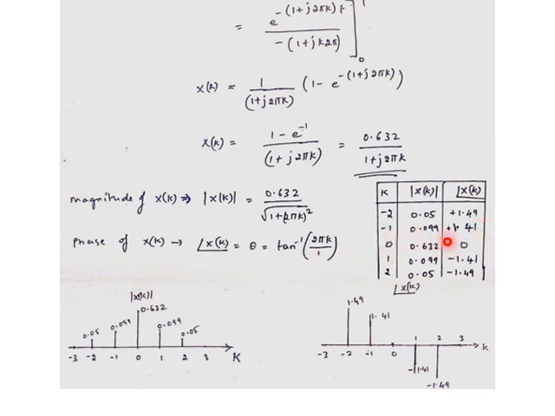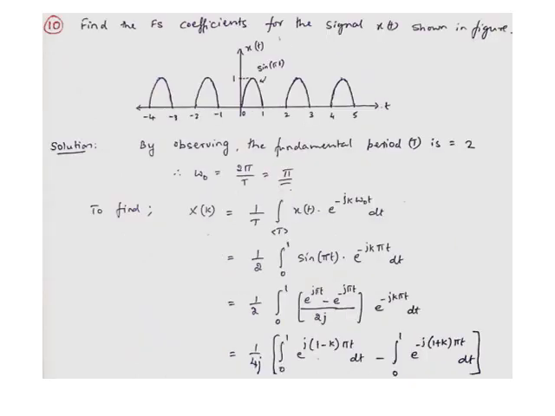And when k equal to minus 1, we'll get 1.41 as theta, or the phase value when k equal to minus 1. So that is what is plotted. When k equal to 0, theta is equal to 0, so there is no phase which exists for x of k at k equal to 0. So this is how we got the plot of the phase spectrum for the given question where we calculated x of k. So this is the simplification which we can do to identify the Fourier series coefficient of the graph.